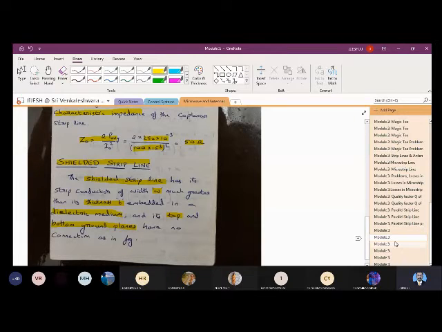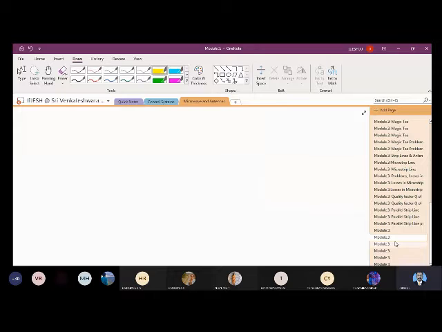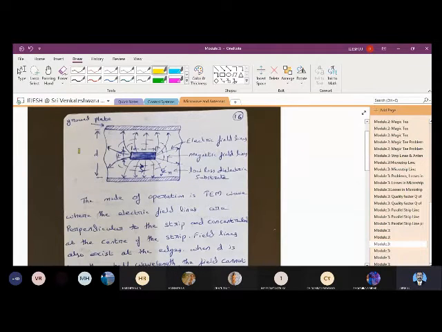Yes, sir. Okay. So this you can see with the help of a figure. You can see that these are the two ground planes, and as I have told you, the entire dielectric material is placed here. This strip is completely surrounded by the dielectric material. The strip is placed with width W and thickness T, and the dielectric thickness will be D. D is the thickness of the dielectric material, and this is the ground plate.